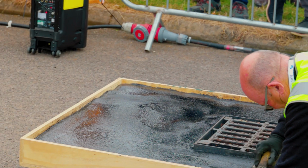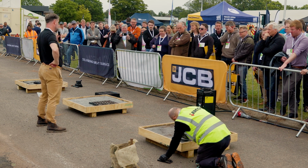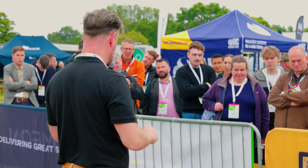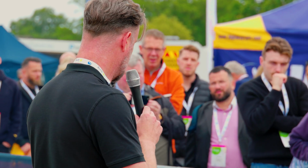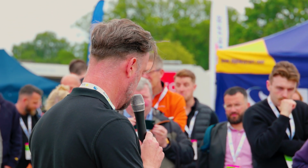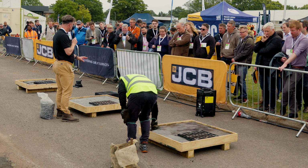So on the finishing layer, and you'll see we're using 20mm pre-coats today. You can use 6mm pre-coats, or as I've spoken to a few people, I don't know if there's anybody here that we've spoken to, but also bringing in an existing surfacing. So you could bring in a macadam surfacing. This product's still going to function in terms of the performance of the ironwork surround, even with the surfacing on there. It prevents reflective cracking, so any movement within the ironwork potentially,